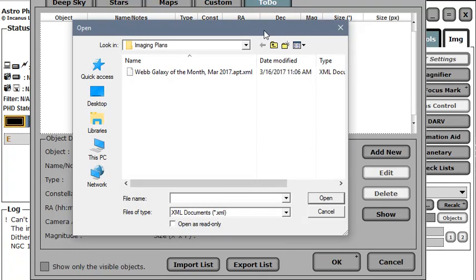Next I see the typical Windows Open dialog box, and I am in the folder where I saved the export file when I exported from Deep Sky Planner, and you can see that the file type is an XML document, which is what APT wants, and this is the file name we just created. So we'll open that,